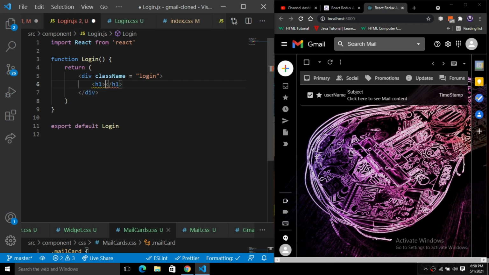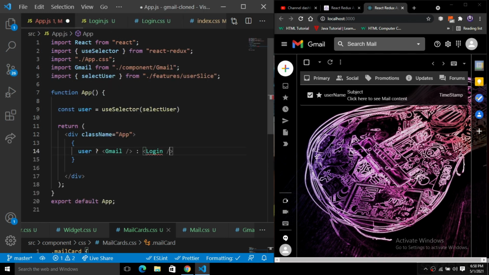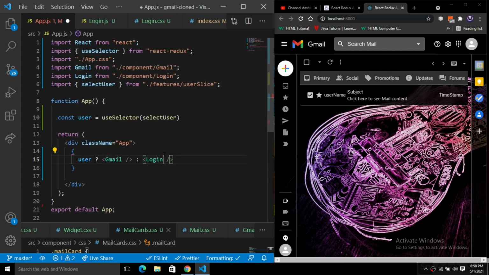So h1 tag, and here we will just pass "Hello from the login component". Save this, go back to your app.js, and import the login from the component directory.